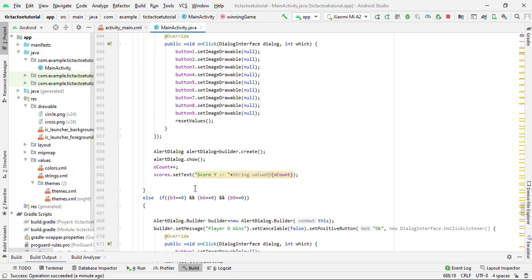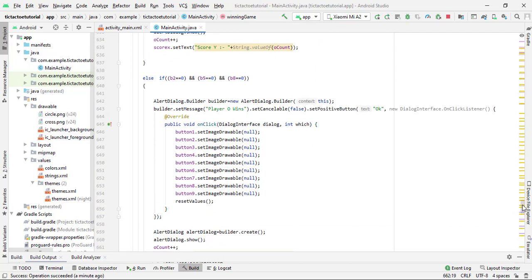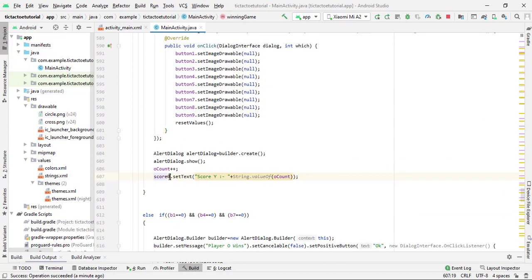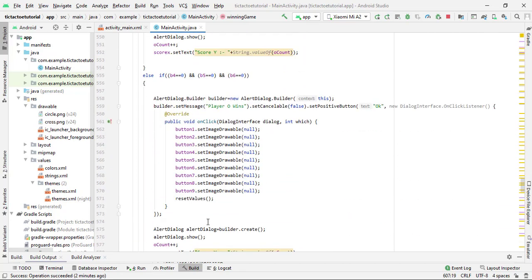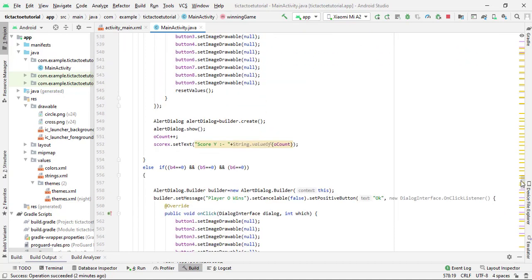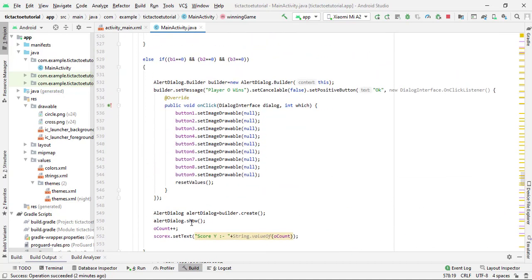So this is fine. This is fine. This is fine. So this is also fine. This is also fine. So hope you understand that while doing coding, this type of mistake can happen anytime. So now our code is finally ready and it is going to work. So now run it again and let's see whether some error appears here or not.